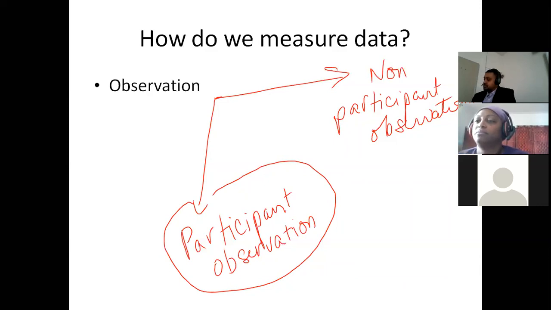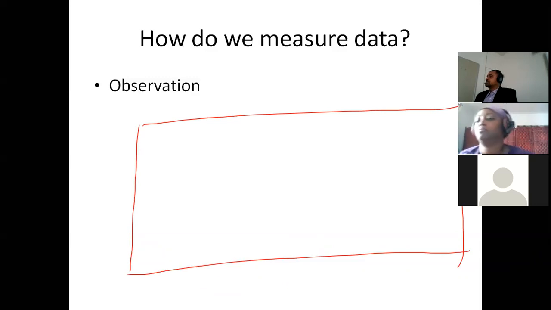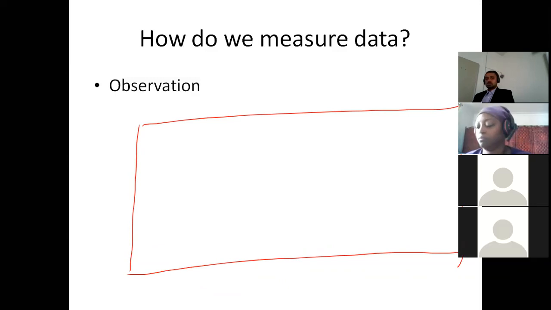So when you do participant observation, typically what happens is, I'm just going to erase everything. In participant observation, when you make your observation data sheet, no matter what observation you have to do, you have to define what you're going to observe. Let me give you an example. A few years ago, we weren't able to do the course by Zoom or anything. It was a full on-campus course. So one of the exercises I'd have students do is we would go down to